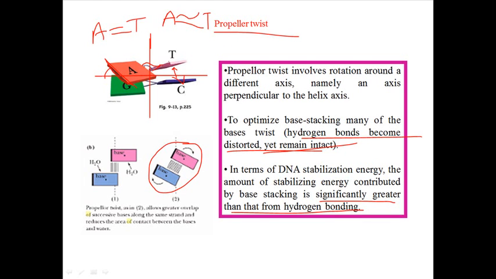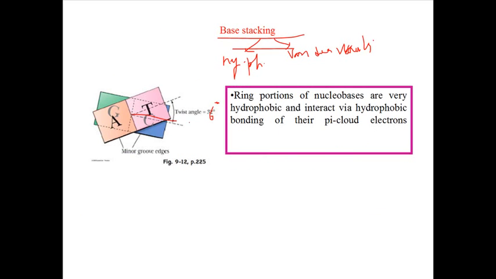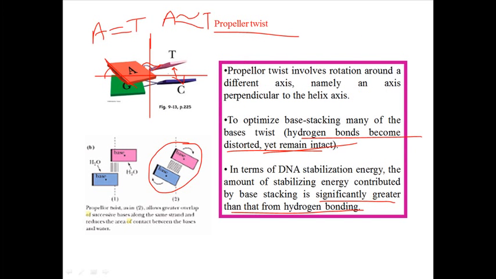So in the first situation, when we discuss this 36-degree twist, this twist helps those bases to form hydrogen bonds, and after the formation of the hydrogen bonds, the propeller twist helps the nitrogenous bases interact together to make the stacking interaction much stronger. This is the basic